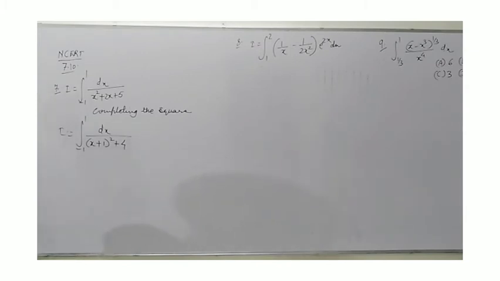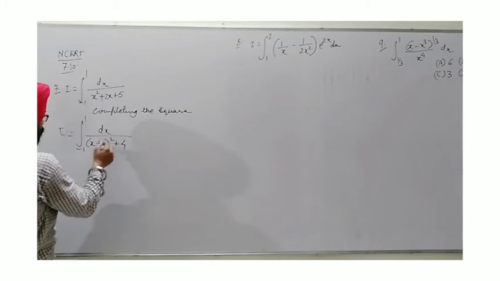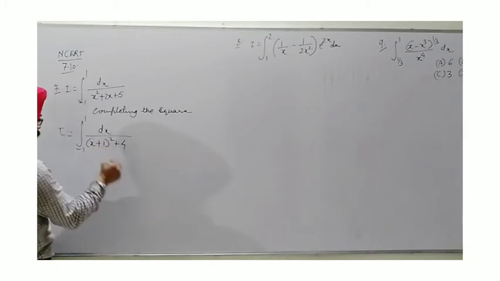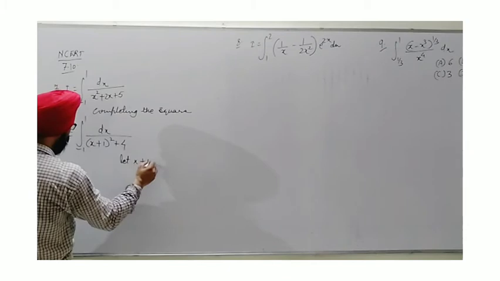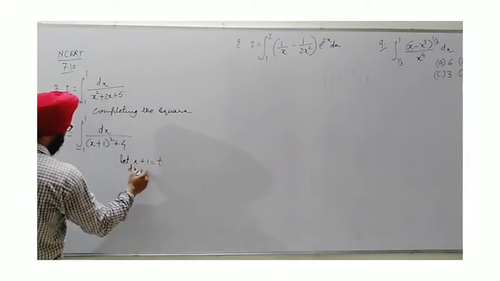Now here is the substitution method. As I said, this exercise is based on substitution. So here, as this is linear, generally we do this portion directly by applying the identity. Or otherwise, we can take x plus 1 as t, in which case limits will change. I'm not doing it directly this time, as I want to show the use of the substitution method. Meantime, we will write 4 also as 2 square. So let x plus 1 be t, so dx becomes dt.